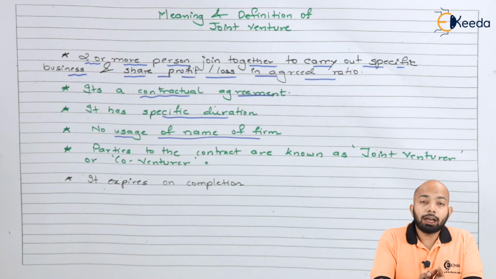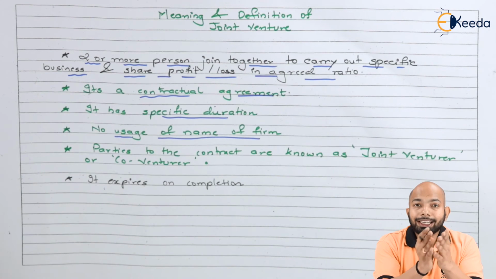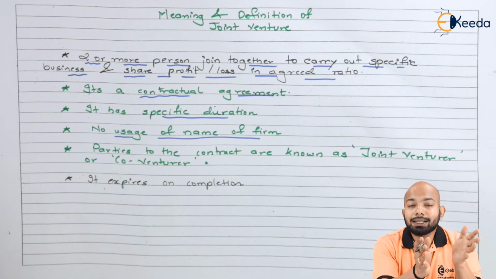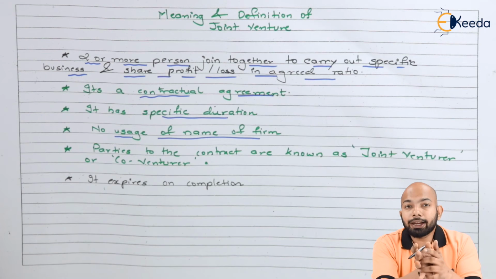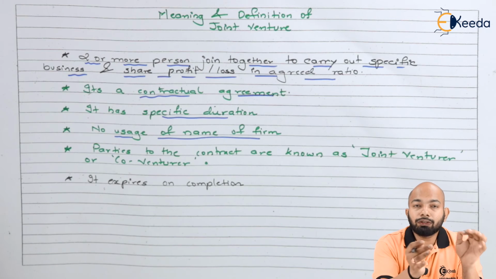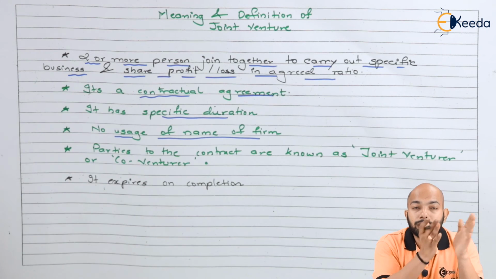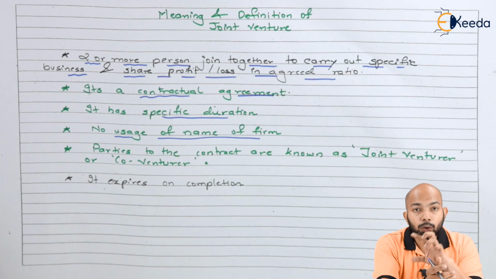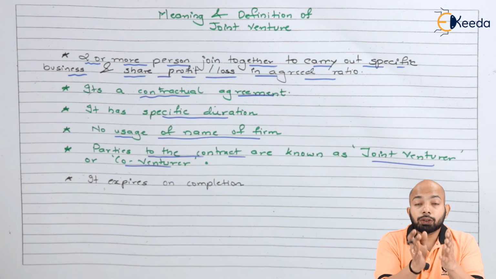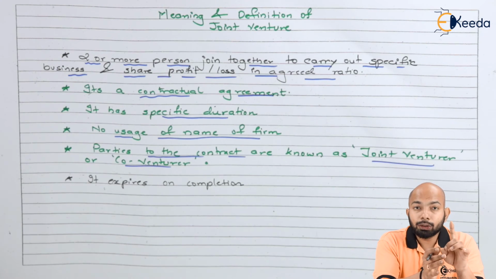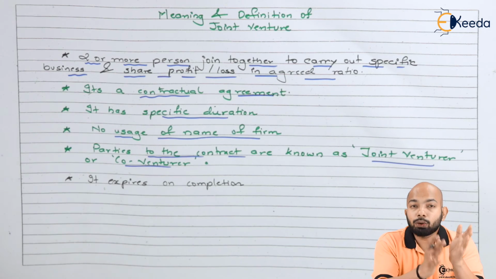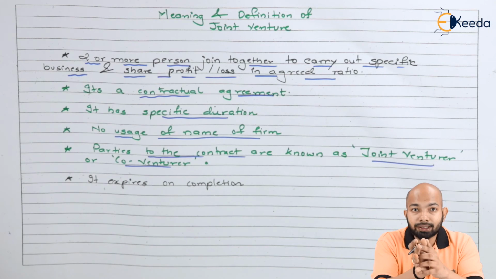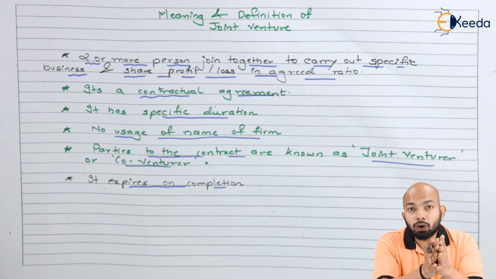you have to achieve. Now, whenever two parties merge together, it might be possible that one of the parties has a firm named after them. That name is not going to be used when this kind of joint venture happens. This will be only for a specific reason, and this will happen without the usage of the existing firms. Both the parties or any parties to the joint venture cannot use the name of their own firm. The two or more parties who join together are ideally known as joint venturers or co-venturers. These are the two names that we have here, and in the whole chapter we'll be dealing with these kinds of people itself. Now, this expires on the completion of the project.